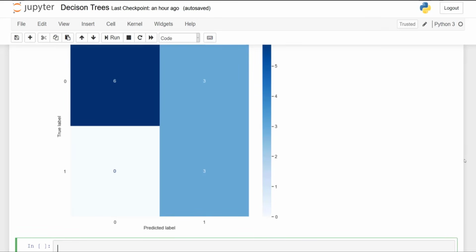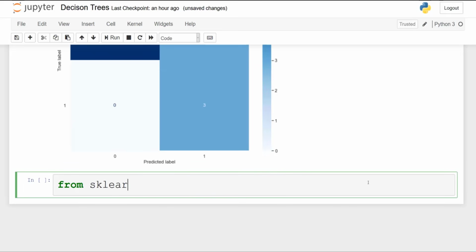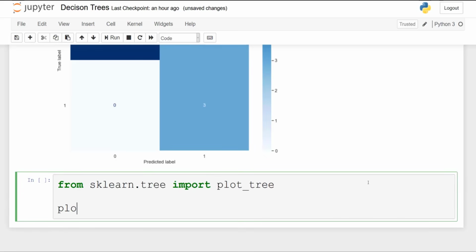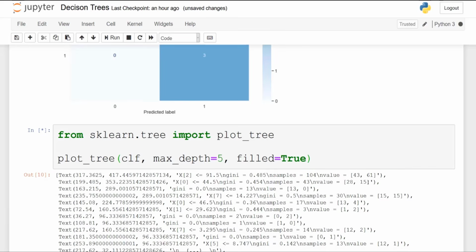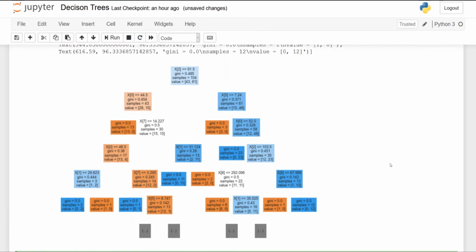this case. Now, I would like to show you a cool trick because you can visualize your decision tree with the function plot tree. So from sklearn.tree, you can import plot tree, and then let's see what it looks like. So you pass in the classifier, and I'm going to specify the max depth to 5, so we will only see 5 different splits. And there you see it.